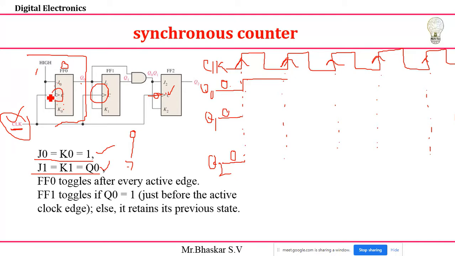Just see, in this case again, my previous state, suppose now it is 1. On the rising edge, again I'm checking the value. So on this rising edge, my value is 1. Then for the next state, what will happen? 1 becomes, it is a toggling state, 1 becomes 0.